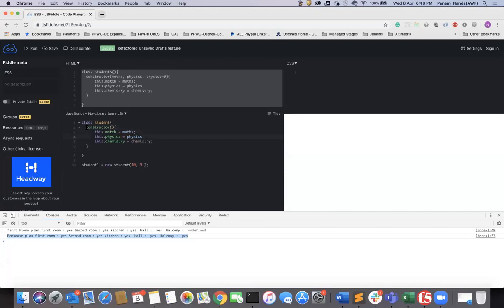As of now, I'm not creating any constructor. this.max equal to 0. You can create max equal to 0.